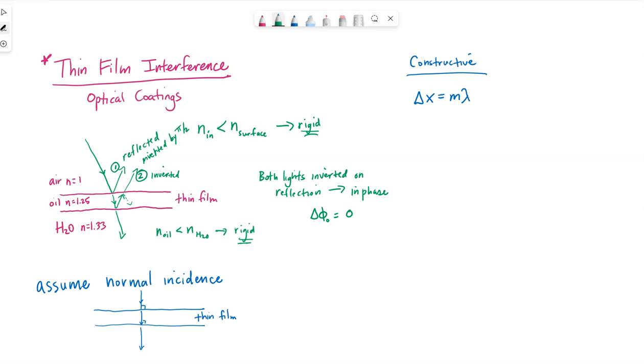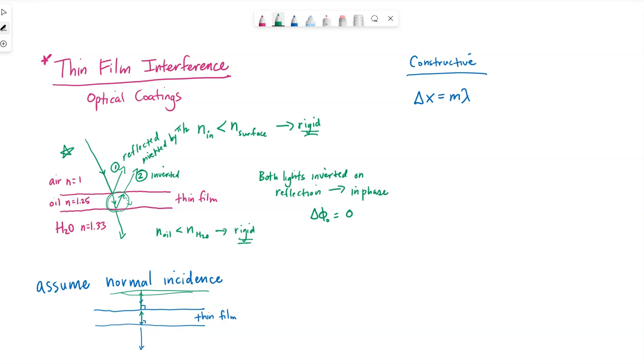On this picture, the reflected light ray is hard to notice because it's going to reflect back along the same line, and then reflect back along the same line. So the reason I drew it at an angle up here is just to better visualize what was happening. But as we assume normal incidence, the reflected light ray, the extra distance is traveled by the one that goes